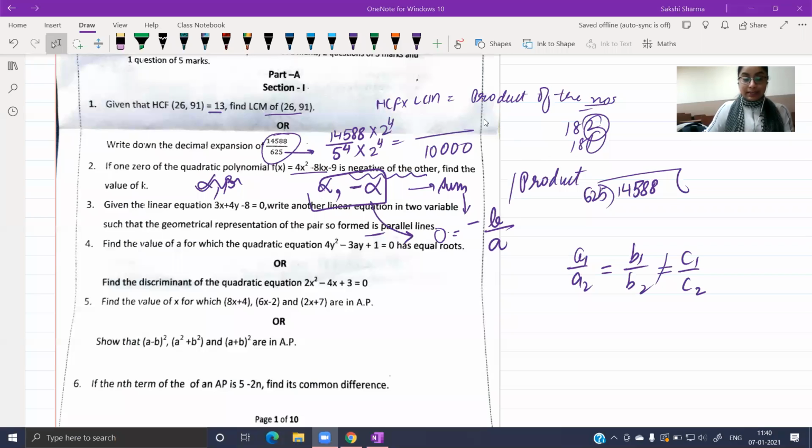गोइंग ओवर अगेन, हम रिवाइज करते हैं यहाँ पे जब हम करते हैं ये काम, हम रेशियोज लिखते हैं, हमारे पास देयर आर टू लीनियर इक्वेशंस इन टू वेरिएबल्स एंड वी राइट डाउन द रेशियो। x के कोएफिशिएंट्स की रेशियो लिखी a1 by a2, y के कोएफिशिएंट्स की रेशियो लिखी b1 by b2, कांस्टेंट्स की रेशियो लिखते हैं वो c1 by c2 है। फिर हम उनको कंपेयर करते हैं a1 by a2 को b1 by b2 के साथ और c1 by c2 के साथ। तो सबसे पहले हम a1 by a2 b1 by b2 को कंपेयर करेंगे। If the two are not equal, you will have unique solution. The pair will be intersecting. Is that right? First thing you want to do is you want to compare the first two ratios. If they are unequal,